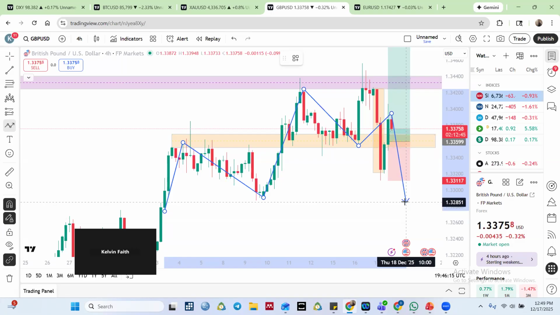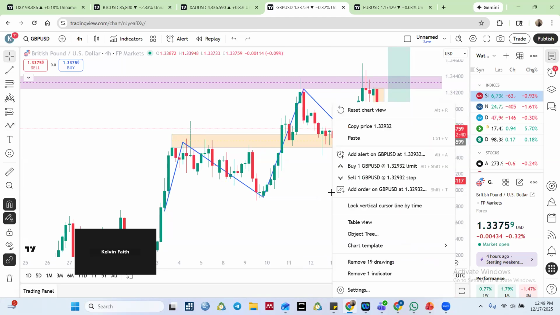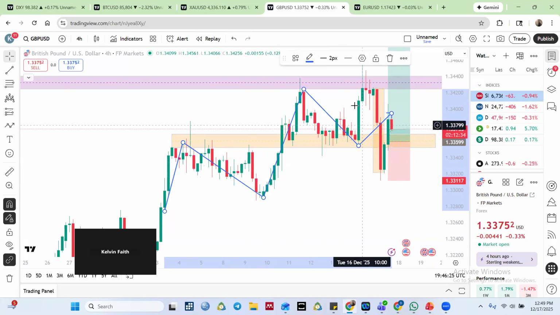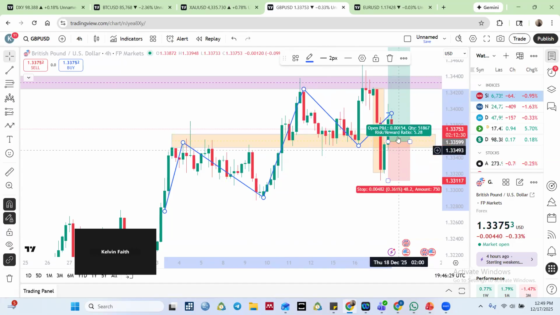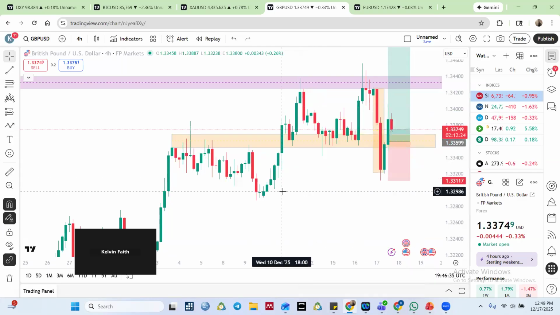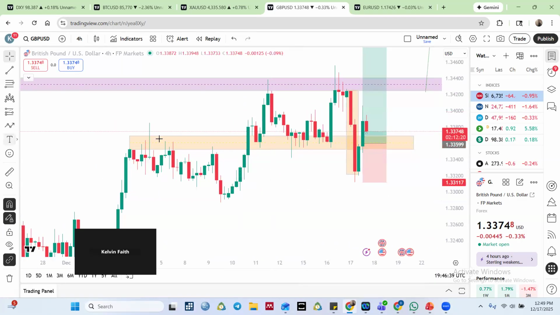It can also fail, because it is the general trend of the market that is going to win, the overall trend, the higher time frame trend. Just because we are seeing this reaction from here and a head and shoulders pattern doesn't mean it's going to succeed. It doesn't mean it's going to succeed because it is the bigger trend or the bigger time frame that is going to succeed. But at least this